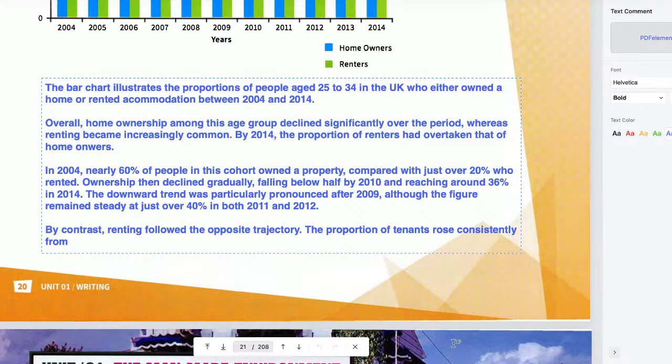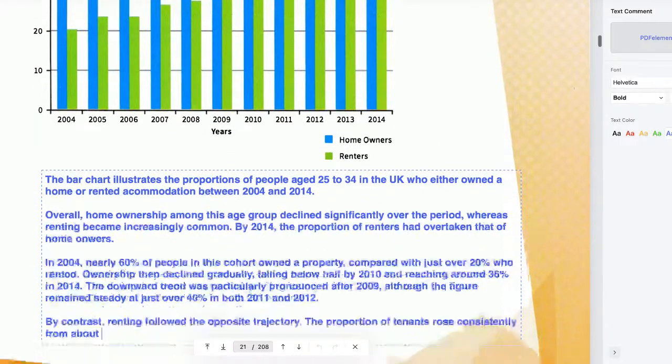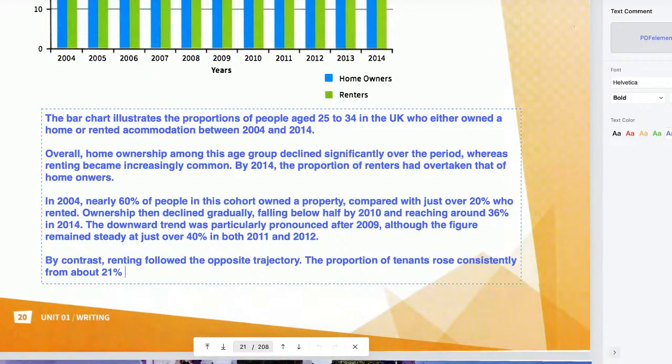Not just over 20%, but we can say what? From about. Okay, like approximately, right? We can use from about. In this case we can say like 21%, right? From about 21%. In which year? In 2004. Remember, you always have to mention the year. You cannot just mention the number without a year. Doesn't make any sense. Okay, from about 21% in 2004